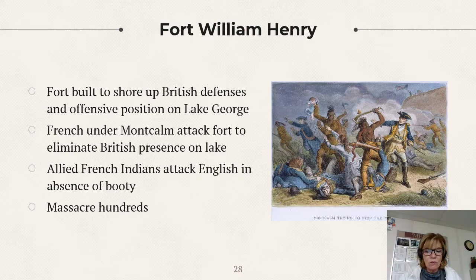Well, the Indians don't like that. The Indians want the booty, right? And by booty, you go in and take all the wealth of the captives. And Montcalm says, no, we're going to be civilized. We're going to let them leave. The Indians are mad about this. So as the English leave, and at this time, it's not just soldiers. We've got men, women, children who kind of follow it, locals who are there too. As they're leaving, they are brutally and ruthlessly attacked by the Native Americans, who just massacre hundreds.